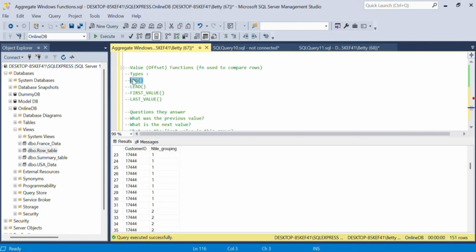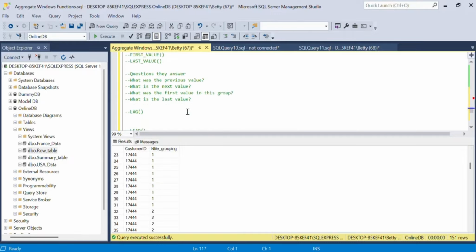So the lag function allows you to compare a column of data to previous data in that same column, right? Whereas lead allows you to compare rows to future rows or to the next row. So let me just demonstrate. So with the lag function,